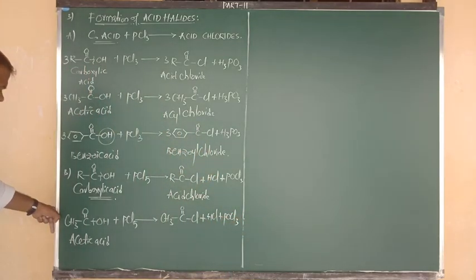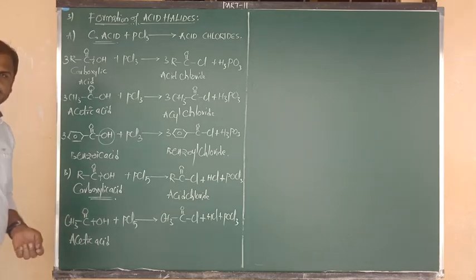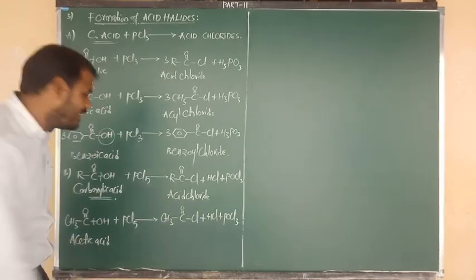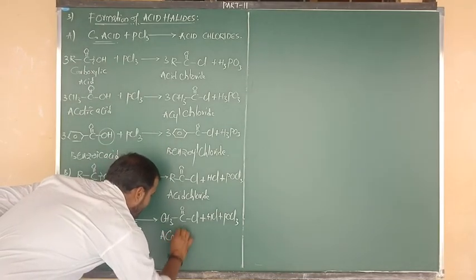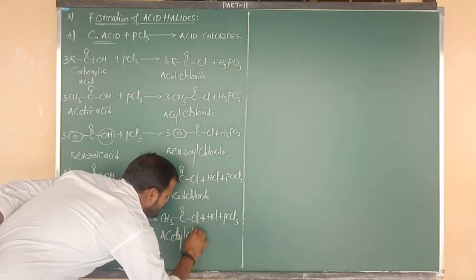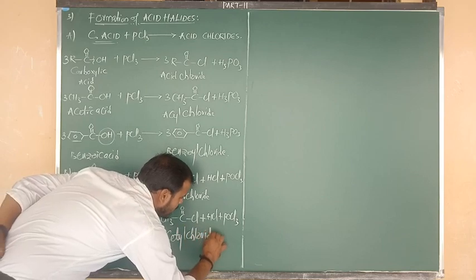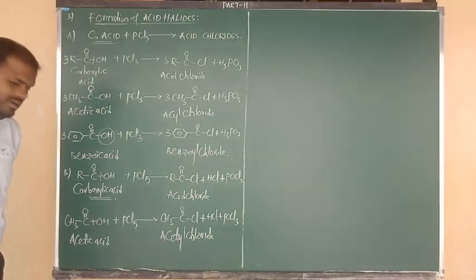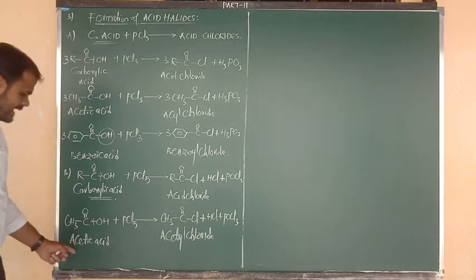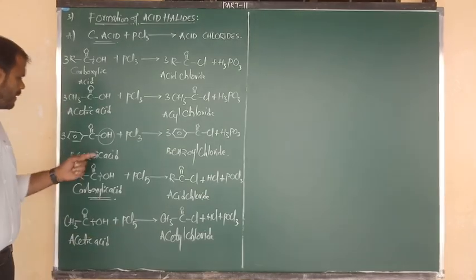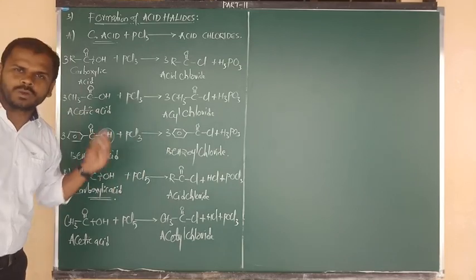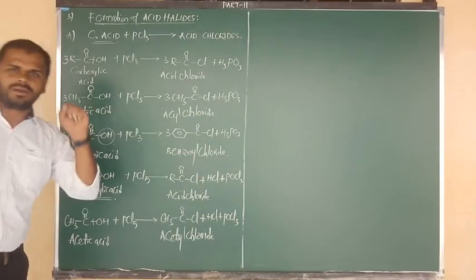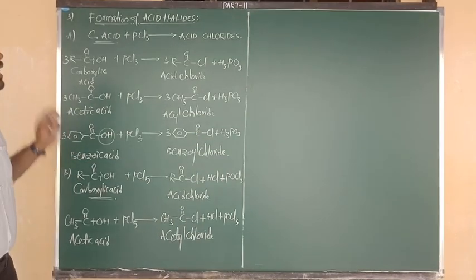POCl3. So what is the name of this reactant? Acetic acid. And what is the name of this product? Acyl chloride, and also we can say acetyl chloride. As you wish, you can write whichever you want, no problem. Clear, all of you? Very good. So similarly, acetic acid gives acetyl chloride and benzoic acid gives what? Benzoyl chloride. Reactants and products are the same, just there will be a change in byproducts. Okay, all of you?